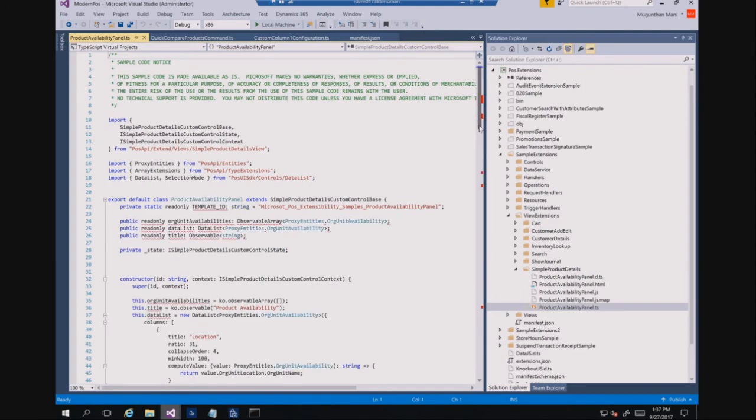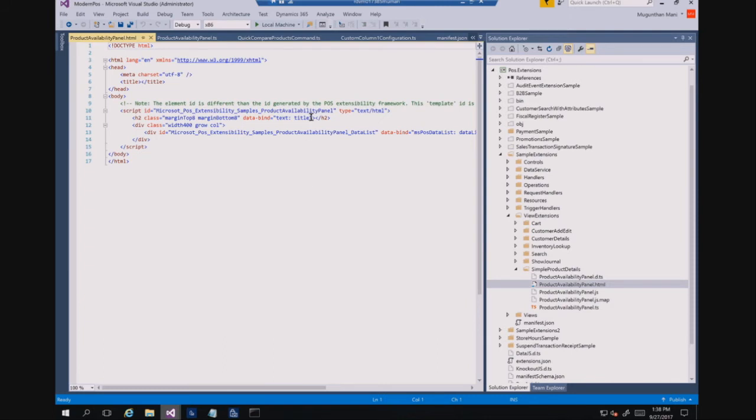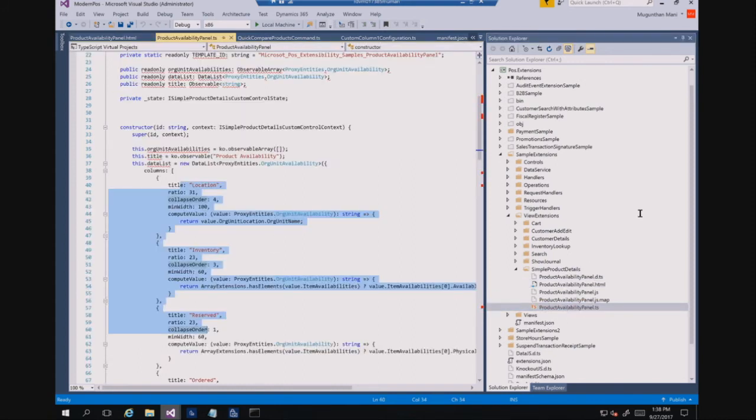This is the column information we added, and there will be an HTML file which just uses our data list controls. For example, here it just uses our existing control. So in your new extension you can also use our controls, map it here, and write the required logic here. In the manifest I will mention that there is a custom control for this page, and then you can do it.